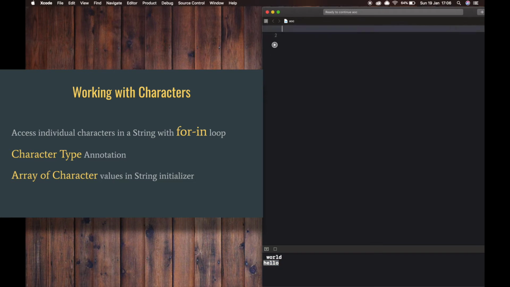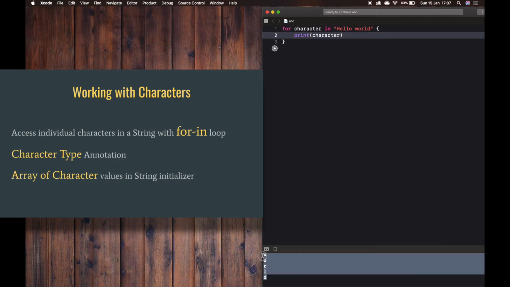Next, how we can access individual characters in a string. This can be done by iterating over the string with a for in loop. See this, it printed the characters in this string.